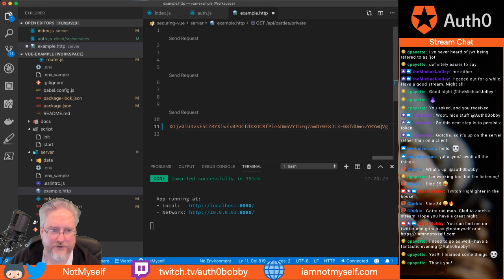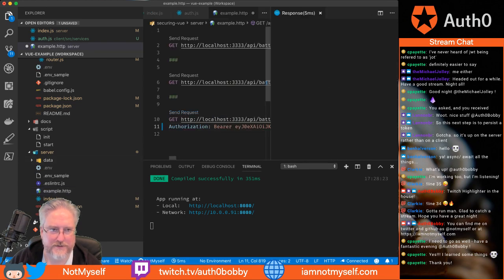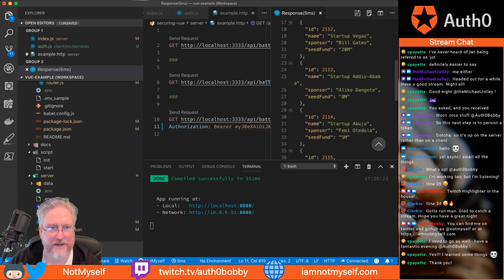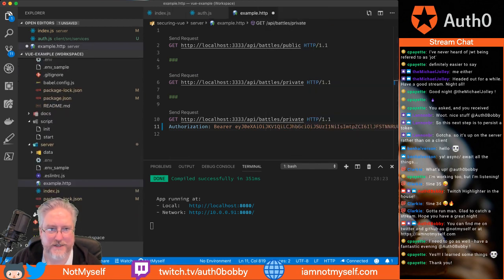And see it actually return a value to us. So send that request. And we do. So it is a valid access token for our API. Now all we have to do is, since we've